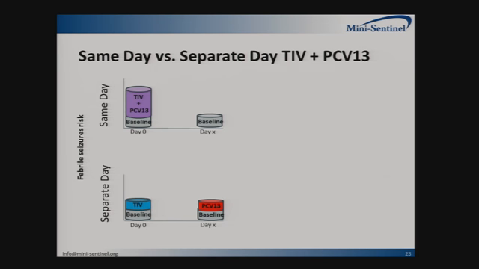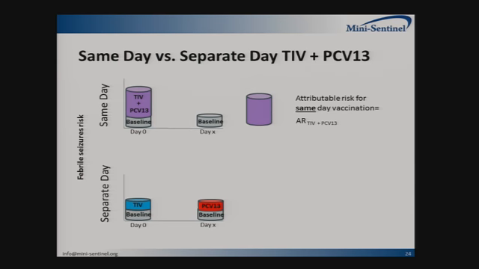And this cartoon here depicts heuristically this concept of same-day versus separate-day TIV plus PCV13 vaccination. On the top is a hypothetical example of a child receiving TIV and PCV13 on the same day, whereas the bottom shows a hypothetical example of a child receiving TIV and PCV13 on separate days. And as you can see, the purple cylinder represents, in this hypothetical example, the attributable risk for same-day vaccination. We calculated the attributable risk for same-day vaccination based on the incidence rate ratio estimates from the conditional Poisson model